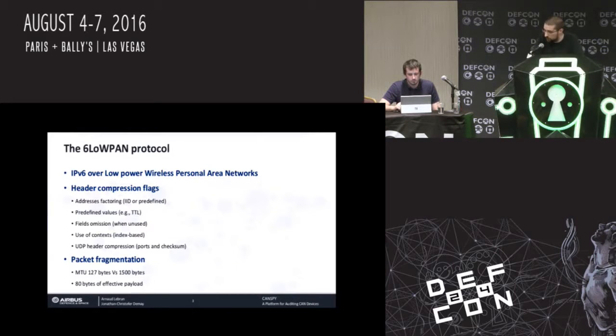So how does the 6LoWPAN network actually do the compressing? That's quite simple. There's a 6LoWPAN header on top of the IPv6 header with a lot of flags, and these flags just basically tell you how to decompress the IPv6 header. For example, you have a flag to say that the first 64 bits of the IP address are the bits from the MAC address. In fact, it's the IID address, but that's the equivalent, that's the MAC address. And so on. You have plenty of flags.